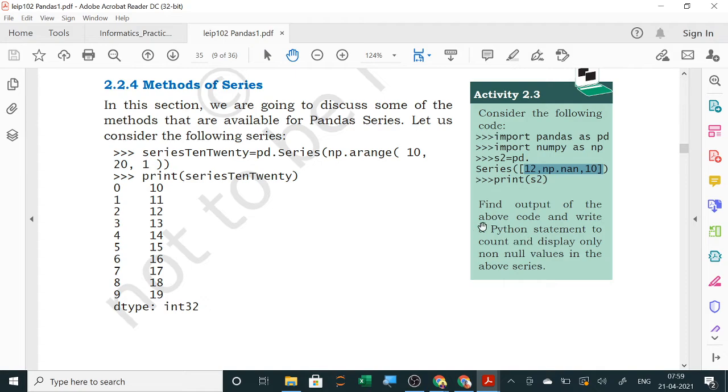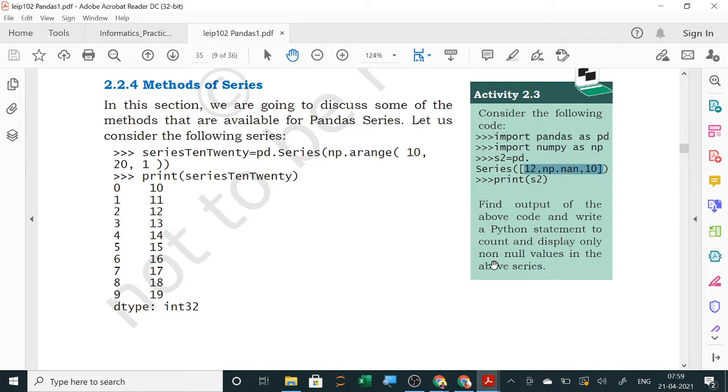Find the output of the above code and write a Python statement to count and display only non-null values in the above series. So here the count function, as we are going to do just now. They have shown here that only 2 values are there and in between there is a null value.